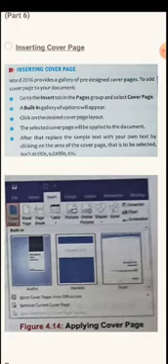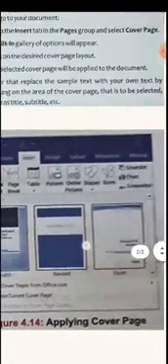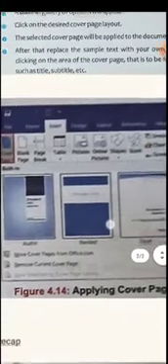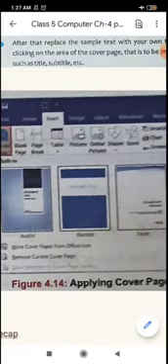You click on it and then you will find there are many cover pages here. See the A4 sized images here; these are the cover pages which are built in, already stored in your computer. If you don't like these and you want more varieties, then you can click on More Cover Pages from Office.com.